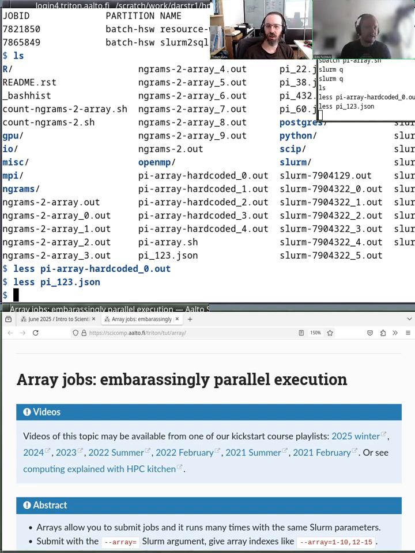Yeah, and there's a lot of flexibility in the array jobs for this. But okay, I think you probably get the idea that you can check this out later. We'll check out the different examples. So maybe we should jump into the next section, which is about